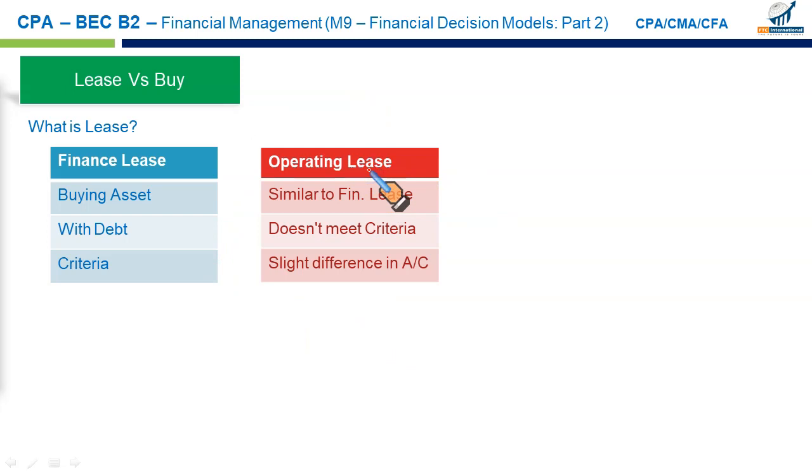Remember, under the new leasing standard, the accounting treatment of finance lease and operating lease is almost the same. Previously, what we used to do under the finance lease, which was called a capital lease under the US GAAP, you used to recognize an asset and a corresponding liability, right? Under the capital or finance lease. But under the operating lease, it was just considered as a rental arrangement.